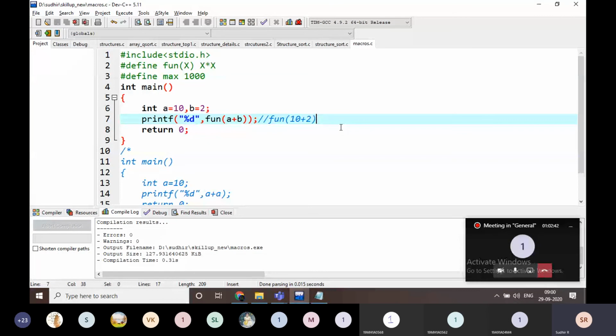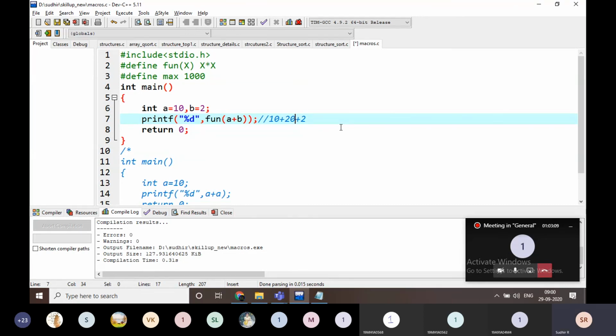Then 10 plus 2 into 10 plus 2. The highest priority in this expression is this one: 2 into 10, which is 20. 20 plus 10 is 30. 30 plus 2 is going to be 32.